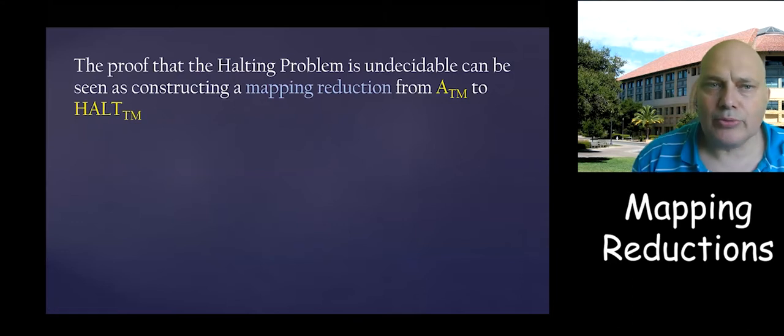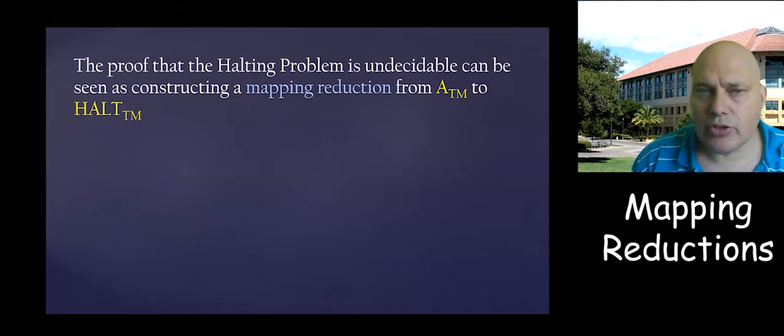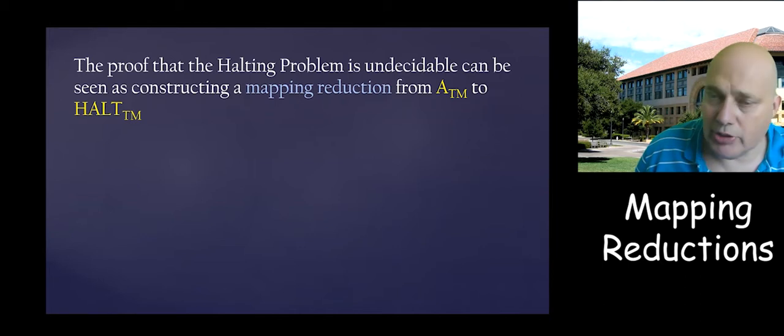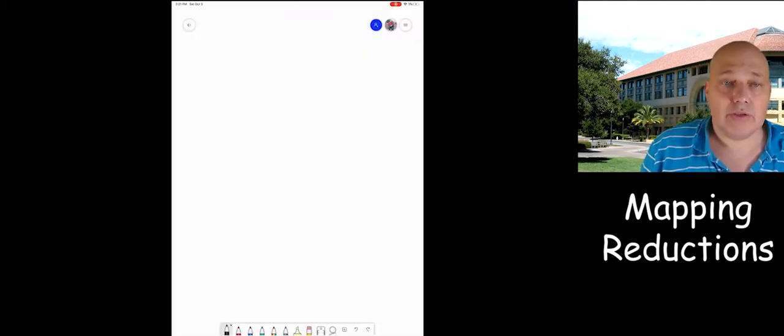Let's go back to the proof that halting is not decidable. We didn't present it this way, but we can show how it can imply a mapping reduction from ATM to HALTM. So we can reconstruct this proof and show a mapping reduction from ATM to HALTM that would show that HALTM is not decidable. So for that, let me go to the board. So we want to show